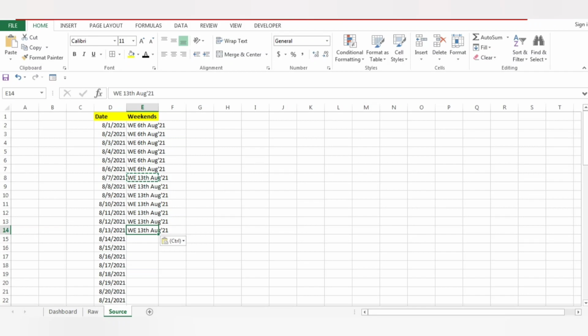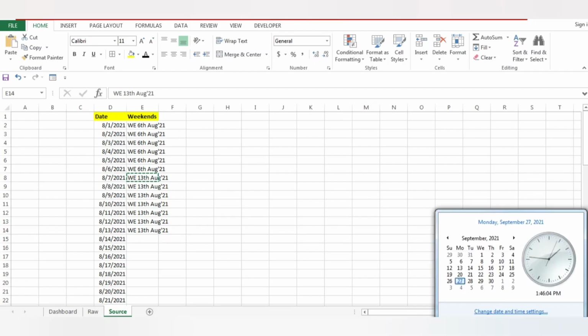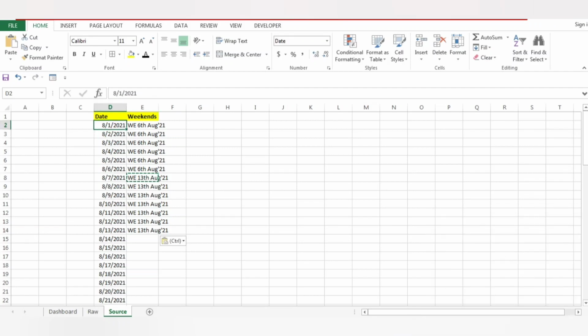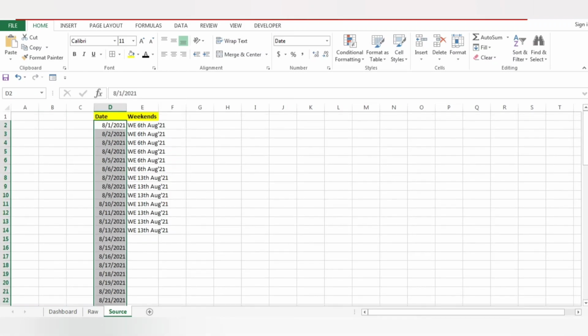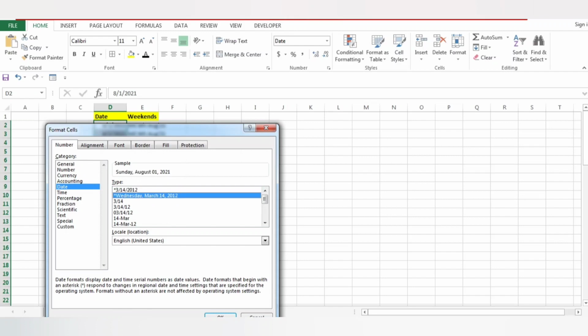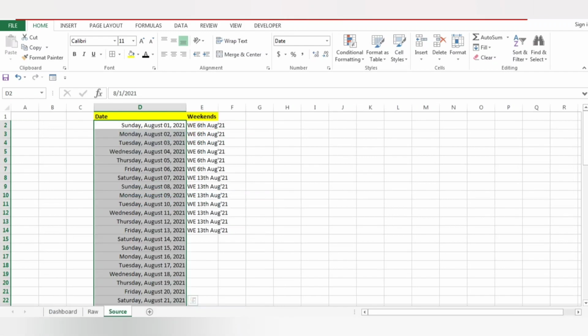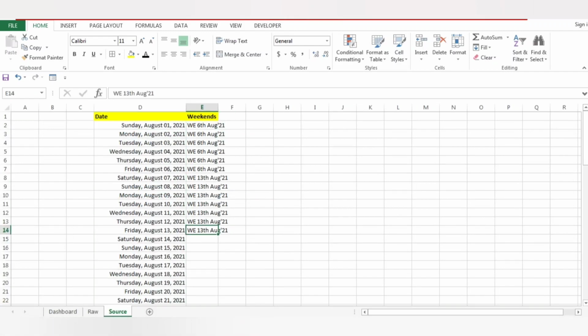Rather than going to this, you can change the format of this also. It will be very easy to understand. We will change the format here, and we will keep date, month, year and everything, so it will be easy for us to check when we have the next Friday. The next Friday is on 28th of August.